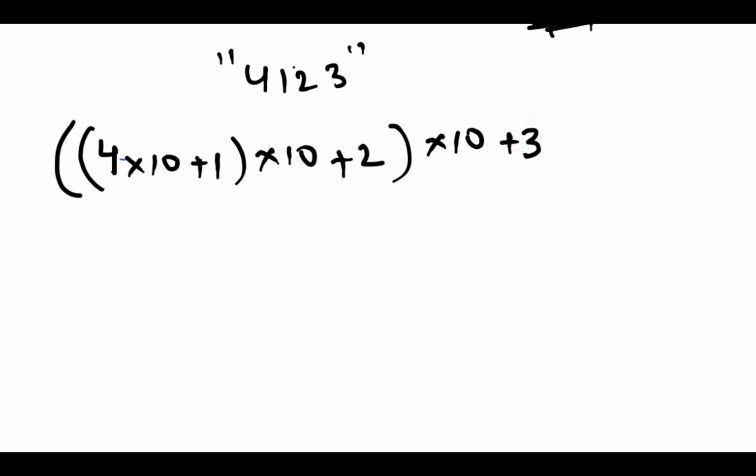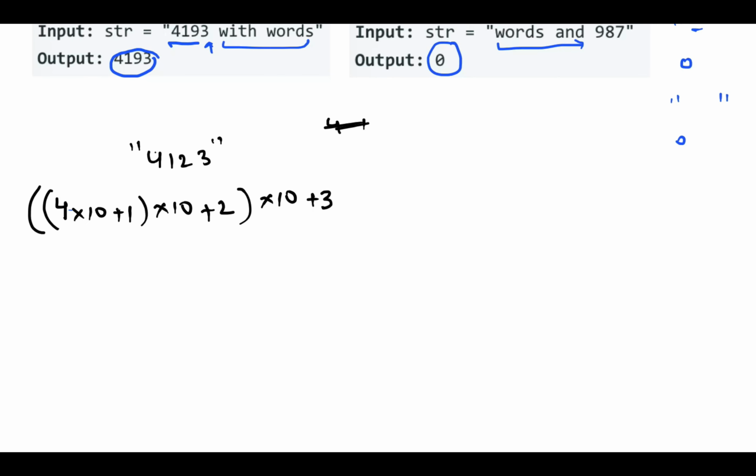So for all the digits that are present in the string, what we are doing is that we are shifting the number toward the left hand side. So if I have 41 and if I want to shift the number, I am not talking about binary numbers, I am talking about the decimal number. If I want to shift the number toward the left hand side, then this number will become 410. Now we can add 2 at the units place, so this will become 412.